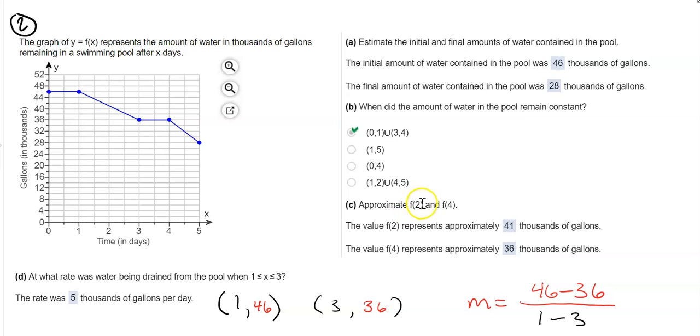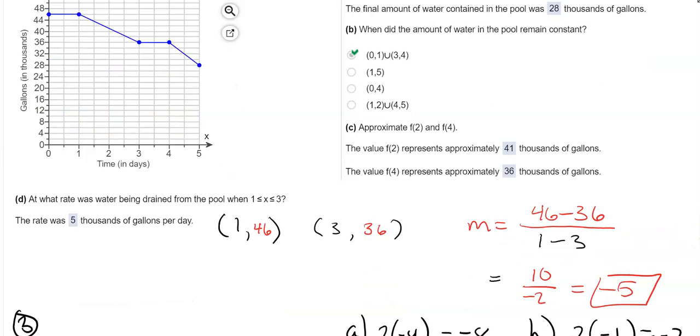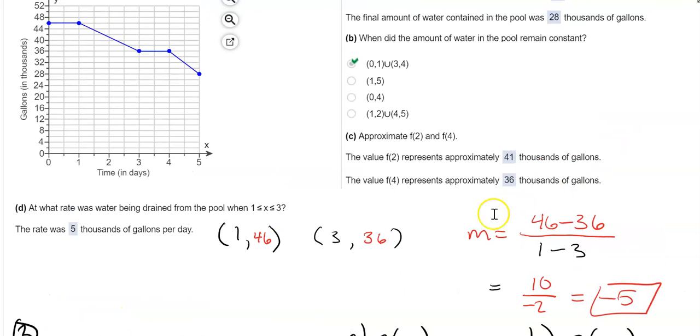And then once again, we're looking at the X value of 2. And I'm wondering, what is the Y value there? So I go to 2. I travel up. It's a little bit in between 40 and 42. So that would be 41. And then I'm looking at 4. That is here. And I go over. I see 36. And so it's asking us the rate at which it is draining, or it's simply asking us